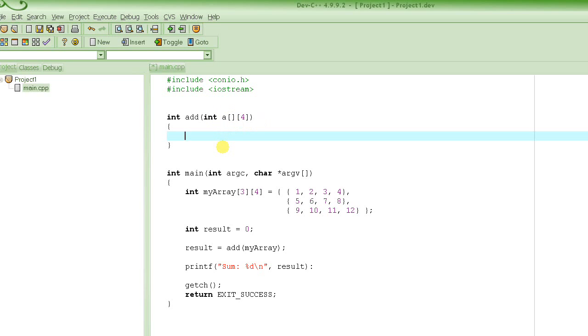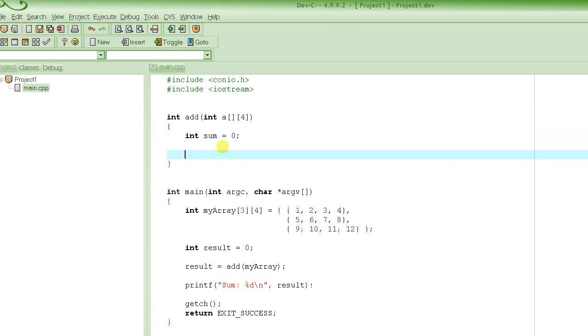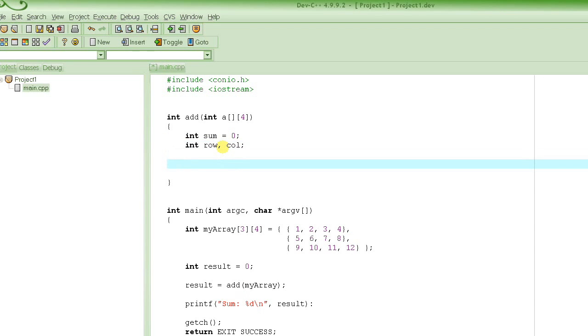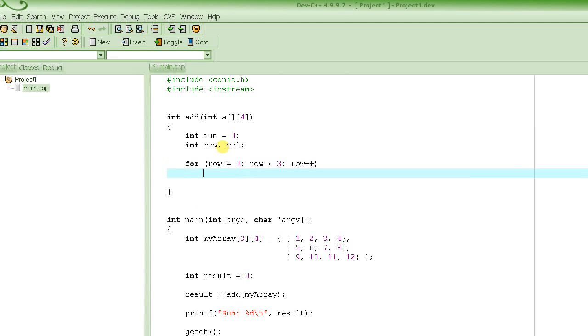So let's write the function. First of all, we have to declare the sum, where we are going to store the result. Let's initialize it to 0, and then we have to visit all the elements. So we declare row and column as the loop counter variables. And we saw in our last tutorial that whenever we have to go through all the elements in a two-dimensional array, we have to use nested loops, right? So we write the nested loops like this,